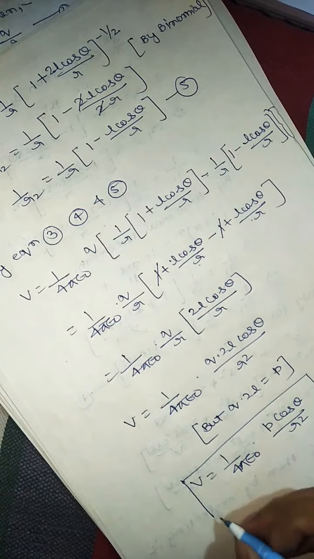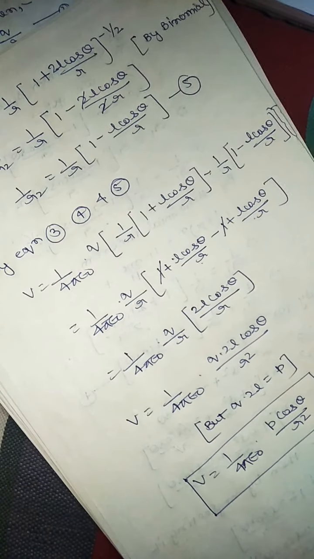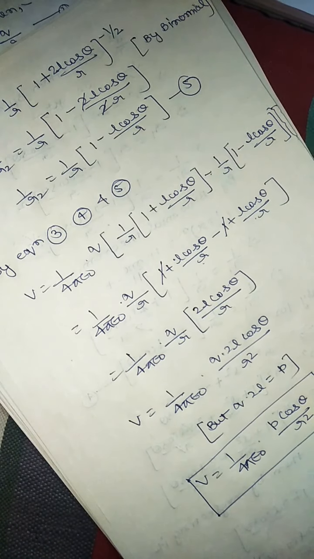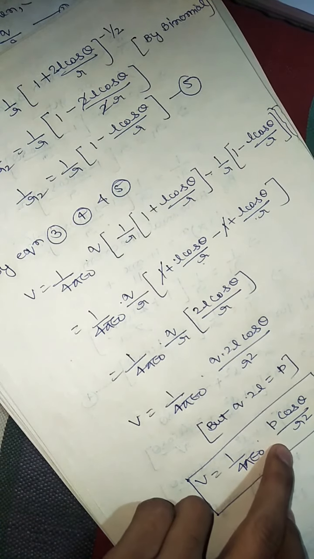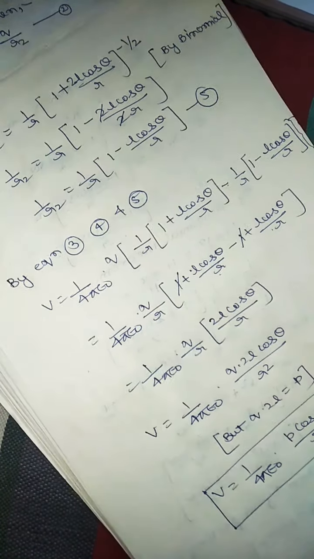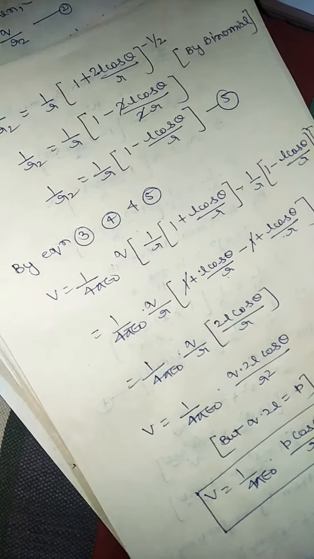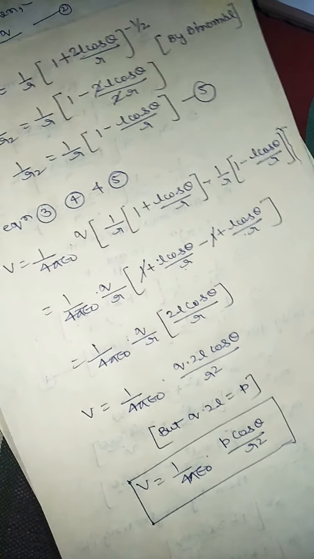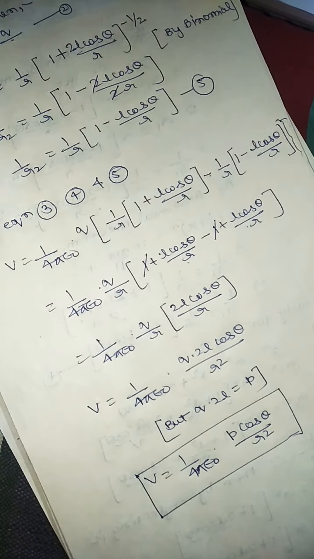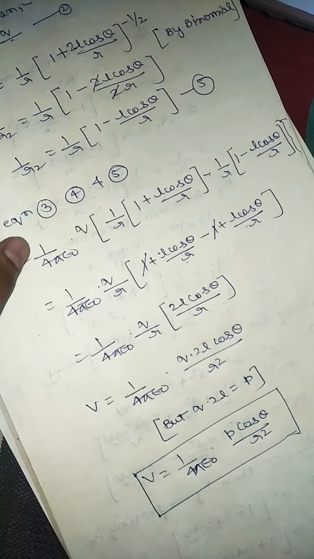This is your resultant. What is the resultant of electric potential at any point due to an electric dipole? That is V is equal to 1 upon 4 pi epsilon naught p cos theta by R square. It is a little bit lengthy, but it is a very easy method. You can follow this method and you can find out easily the result. So concentrate over each and every point of this video, then you can find out the result of this.